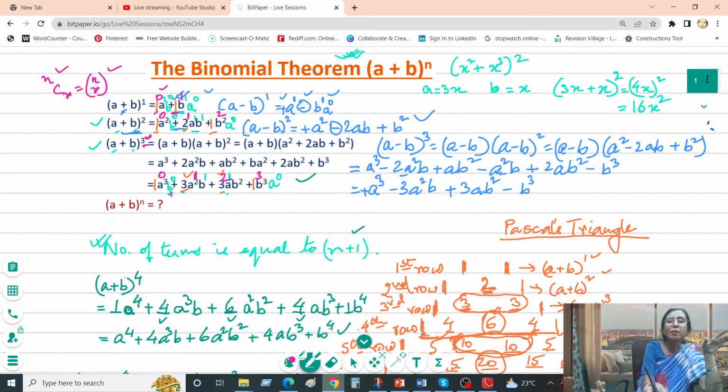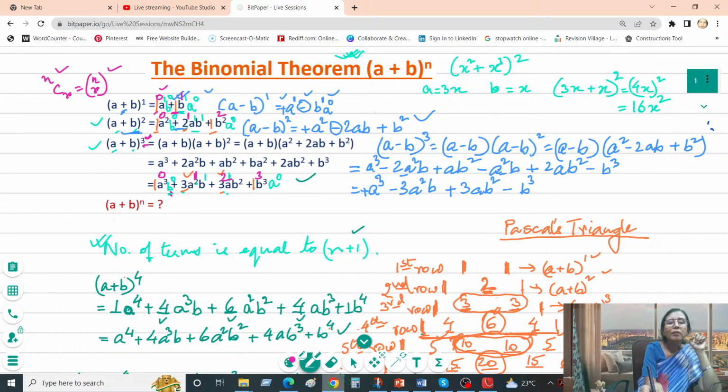The IB Maths SL people, you don't even have the permutation combination, so don't have to bother yourself with what is C and all. nCr, you can write it in this form or in this form. Both are valid. You can get the numerical coefficients of the final expansion of any binomial expression, a plus b raised to the power of n, using this nCr technique.